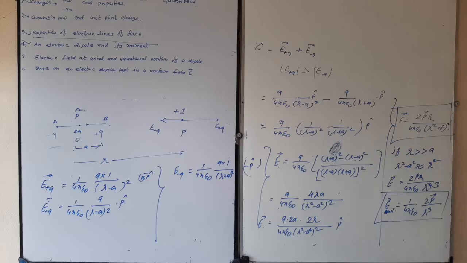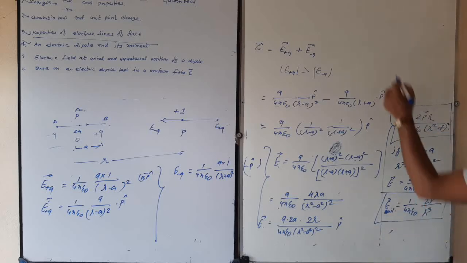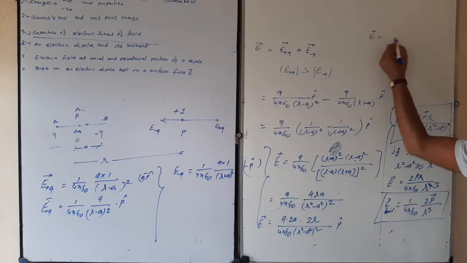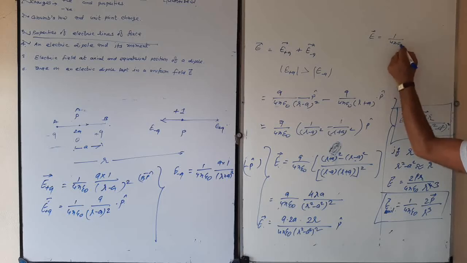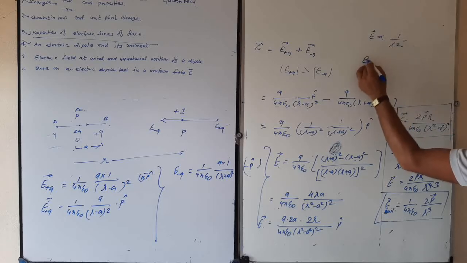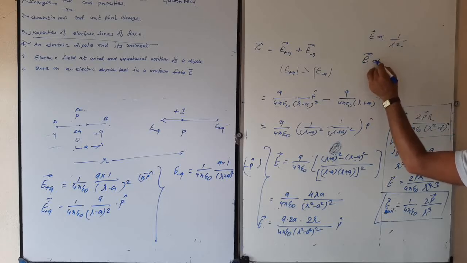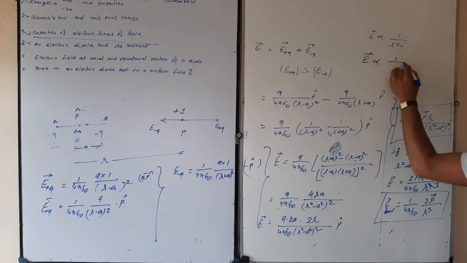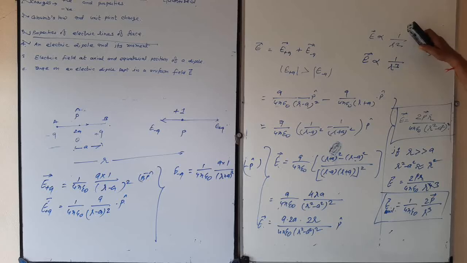Okay, and it depends upon the dipole moment. Here a point to note: electric field due to only point charges is 1 upon 4 pi epsilon 0 Q upon R square, means the electric field intensity due to point charges goes as 1 upon R square. But the electric field intensity due to a dipole goes as 1 upon R cube. It depends upon the magnitude of the charges, and it depends upon P.